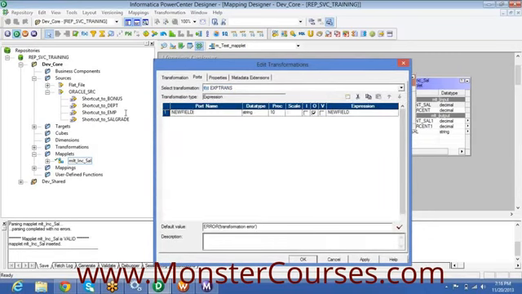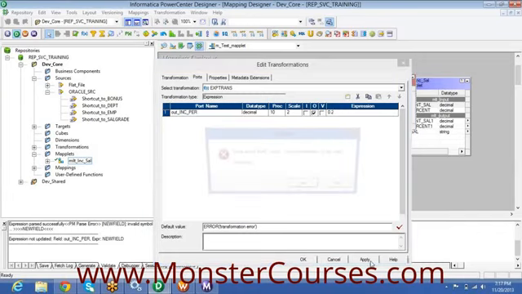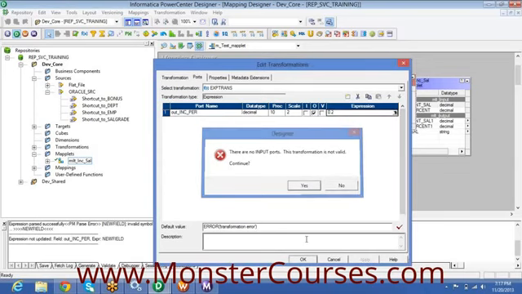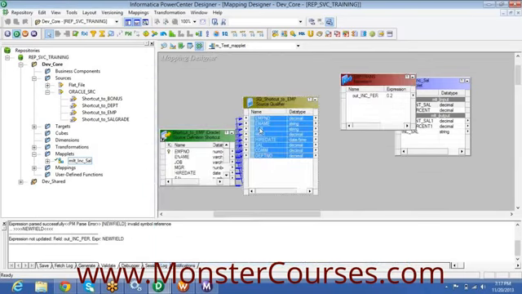So create an output port. It should be a decimal. So it's 0.2. Pass all these ports as input to the expression.